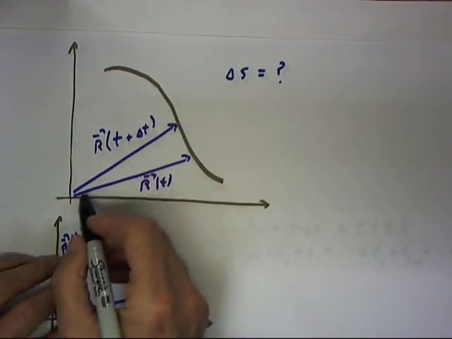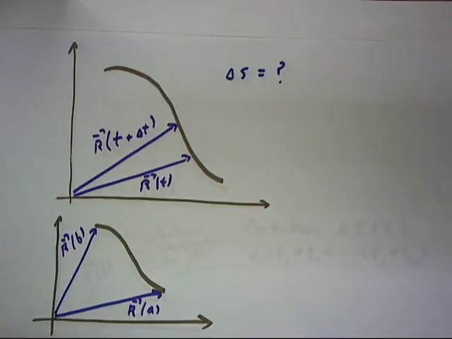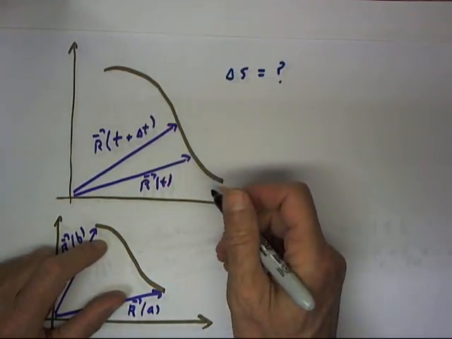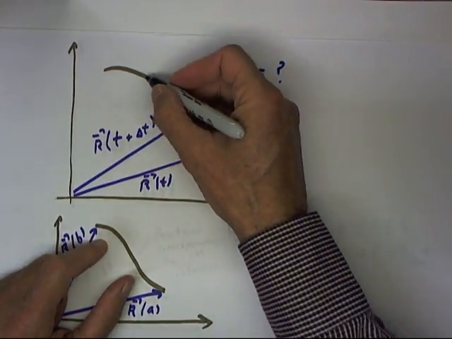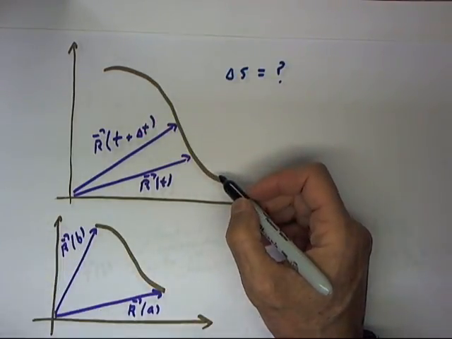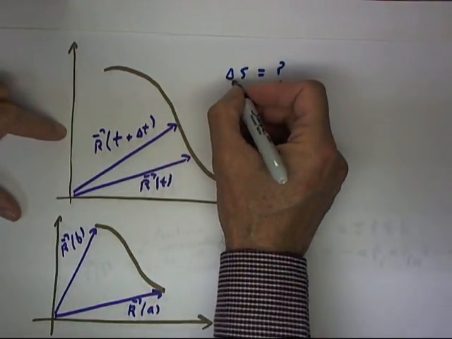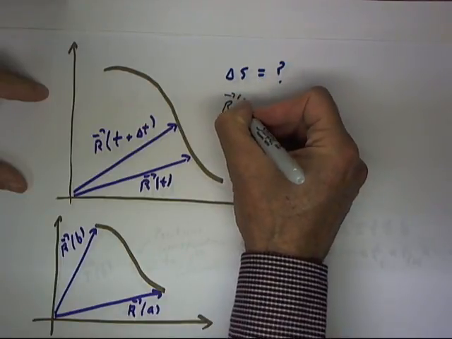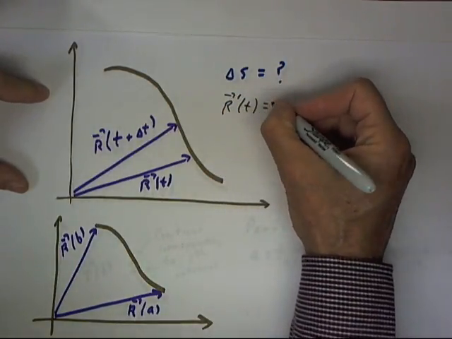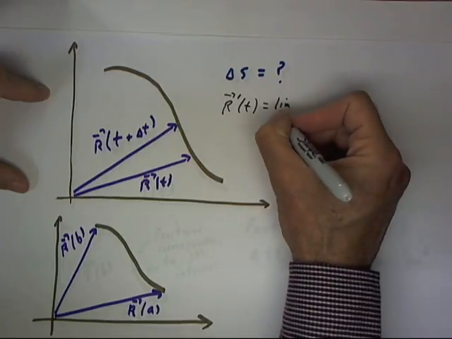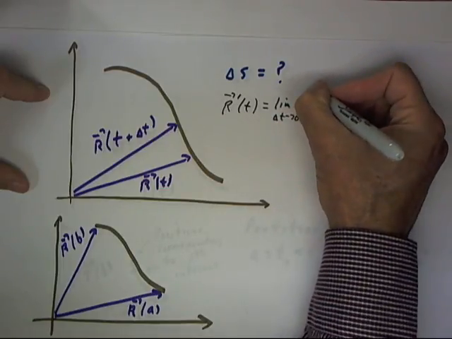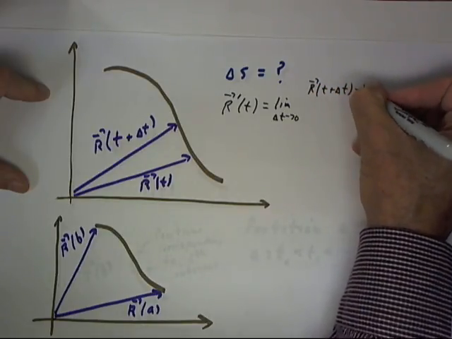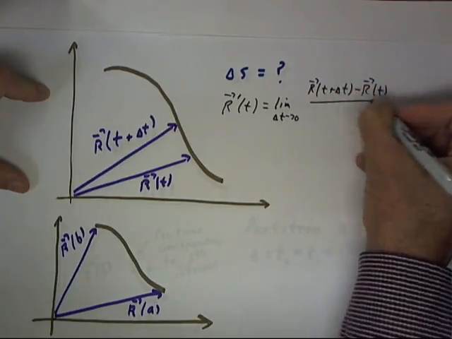We have a curve defined by the vector function r of t, and we ask what's the distance between 2 points along the curve as measured by a particle traveling along the curve. We know that r prime of t is the limit as delta t approaches 0 of r of t plus delta t minus r of t divided by delta t,